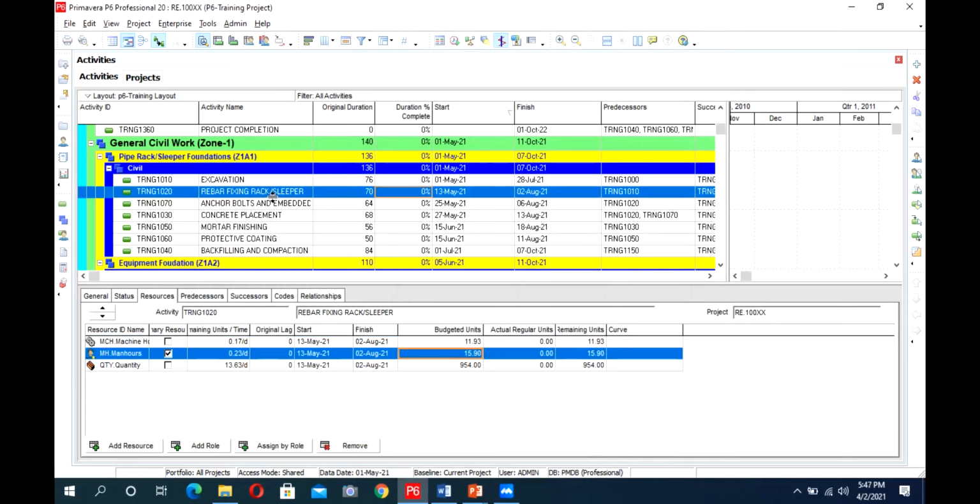So this is a way to edit activity by activity. I can assign the resources.